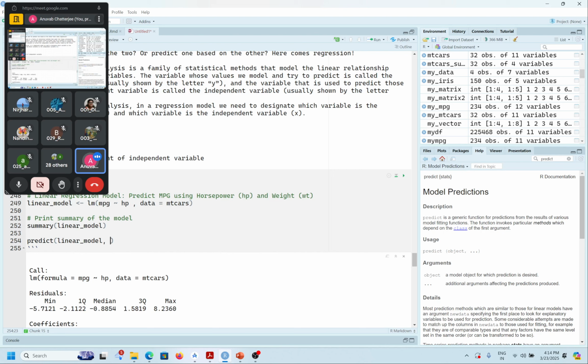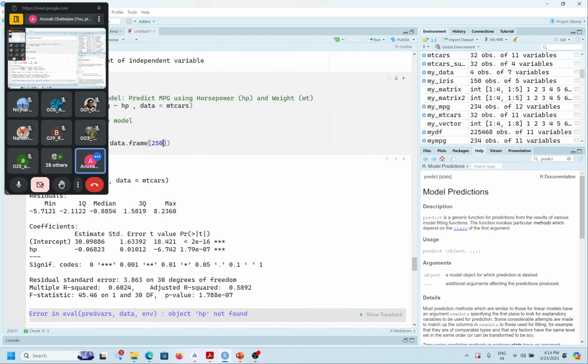So the second is the independent variable. The independent variable you have to put in as a data frame, and our data frame consists of just one thing, which is the HP, which is 250. So if I run this,